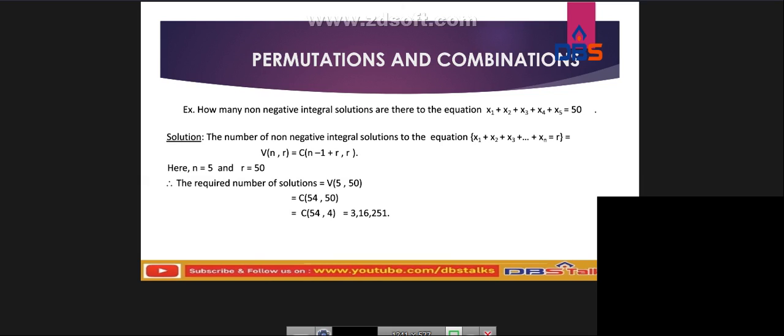So r equal to 50, n equal to 5, that is 1 2 3 4 5. So n equal to 5, r equal to 50. Therefore the required number of solutions equals V of 5 comma 50, that equals C of 54 comma 50, that equals